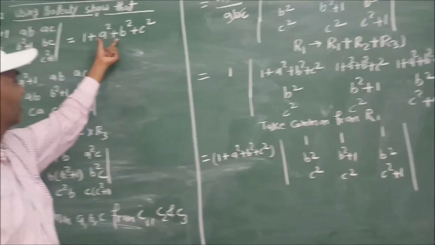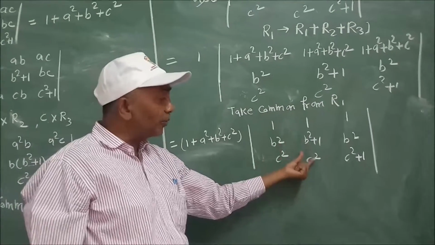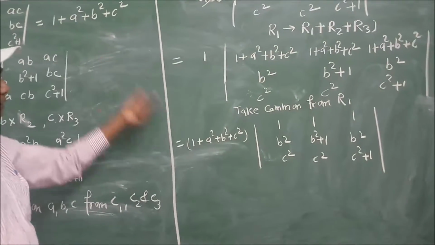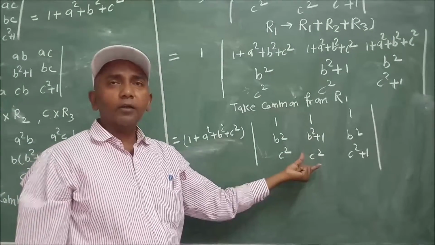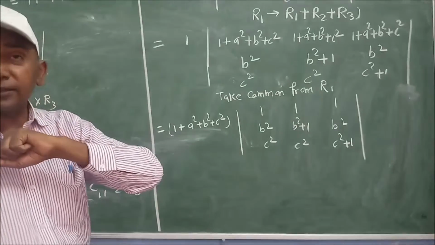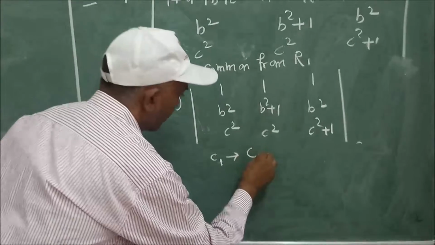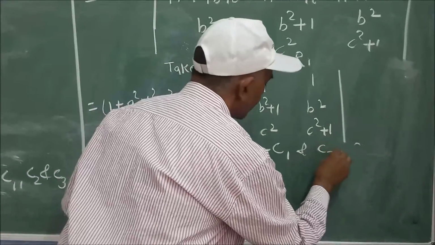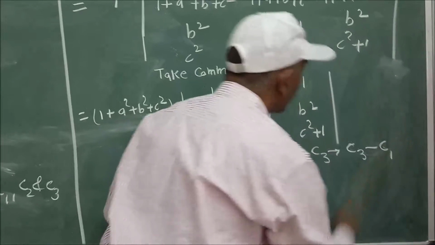So the determinant can be written in this form. This is your answer. What is its meaning? That means if you solve it, you will get 1. The answer is given, and these two are the same. So try to solve it. To solve this, it is necessary to simplify it. So apply C2 tends to C2 minus C1 and C3 tends to C3 minus C1. What is the use of this property?